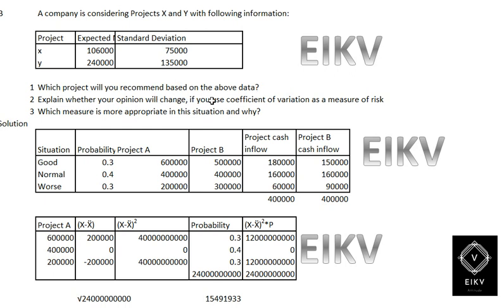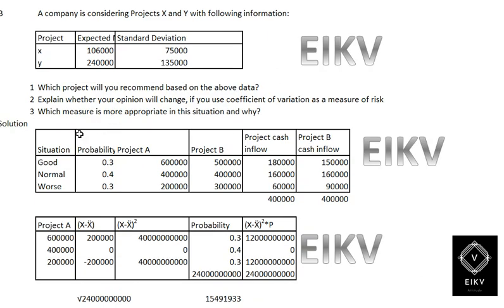Then explain whether your option will change if you use coefficient of variation as a measure of risk. Which measure is more appropriate in this scenario and why? So going ahead with the solution,